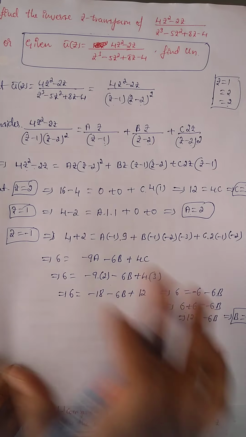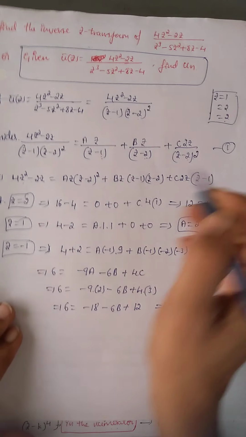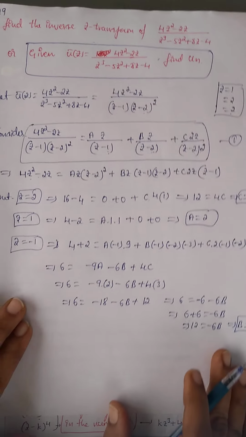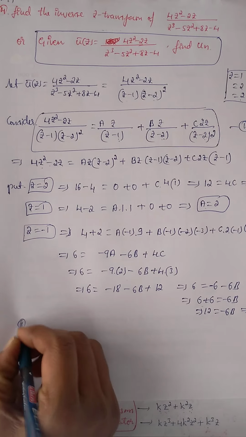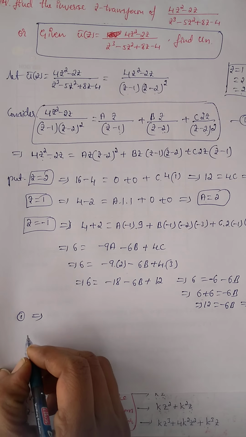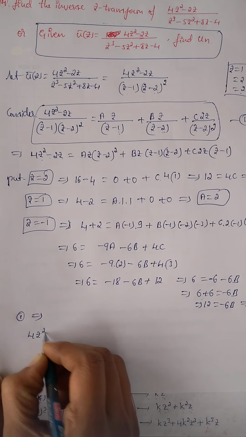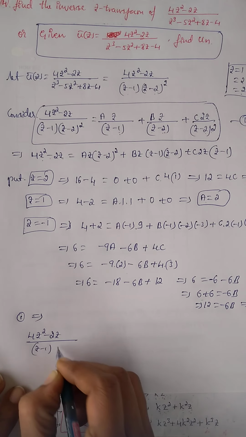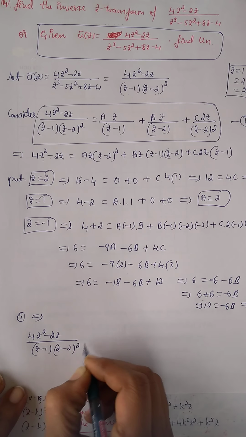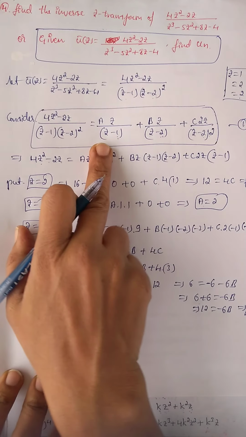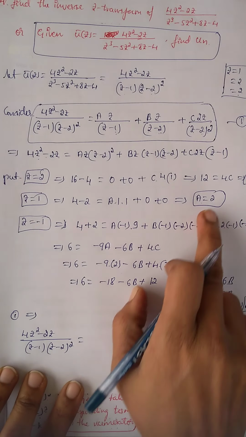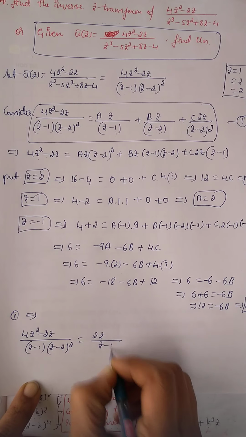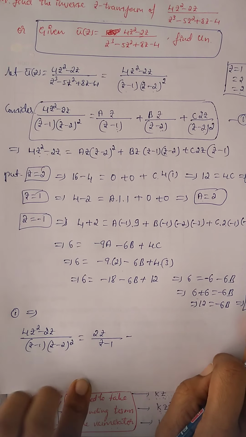Next, substitute all these values in the equation. This equation I take it as equation 1. Substitute in equation 1 and apply inverse z transform, we'll get the answer. This implies equation 1 we can write 4z square minus 2z by z minus 1 into z minus 2 whole square is equal to a into z by z minus 1. We got what is a value? 2. So numerator will get 2z by z minus 1